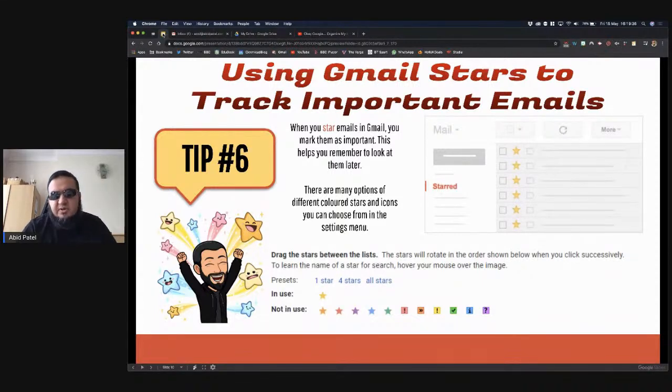One use case scenario that I use it for is, for example, when I go to conferences, and hopefully at some point someday we'll be going back to conferences. Whenever I get my entry tickets for the conference, I will star it so that it's in the starred, and then I can come back to it when it's time to go to the conference.